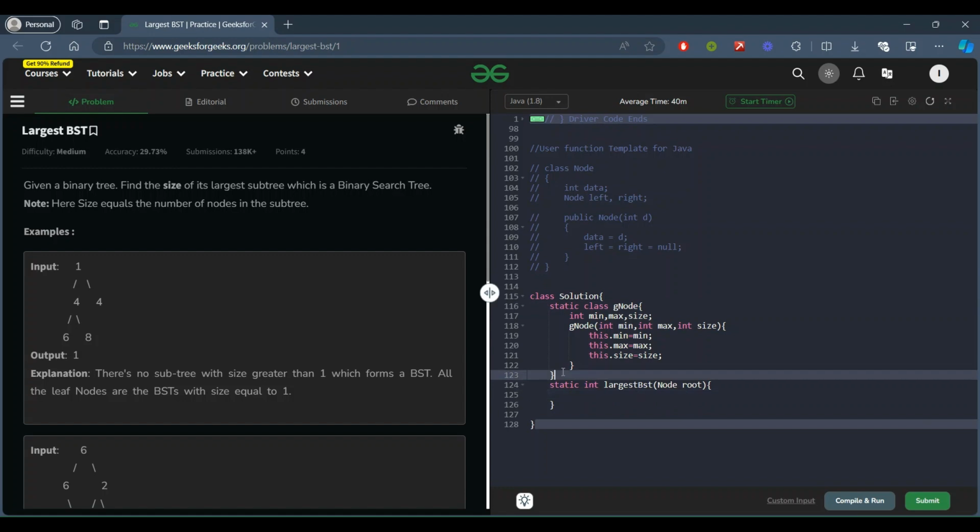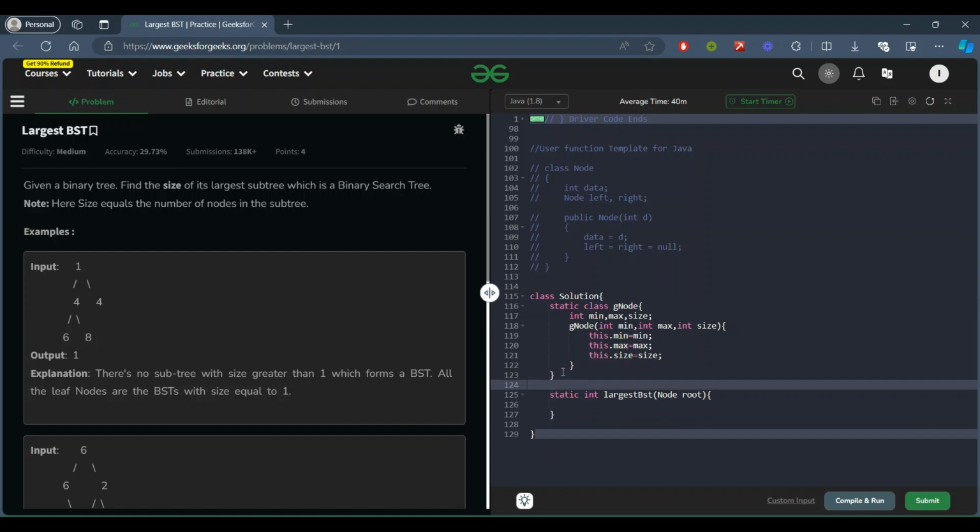Yeah, so let's make a function which has its return type as GNode only, and this will take Node root as its parameter.